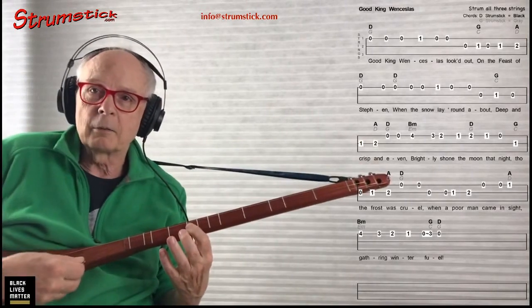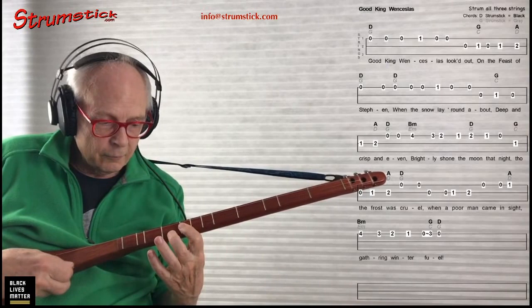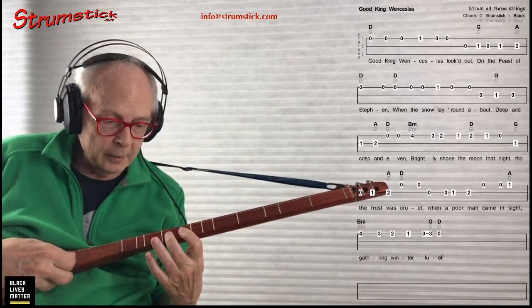Yes, right hand. That's all on the first string, and then the second string, and then